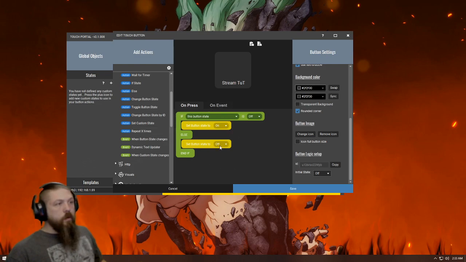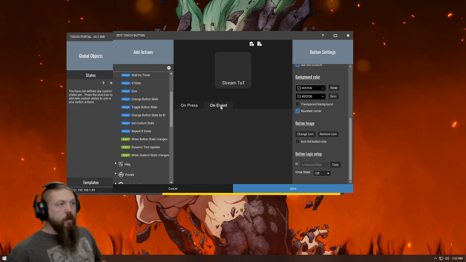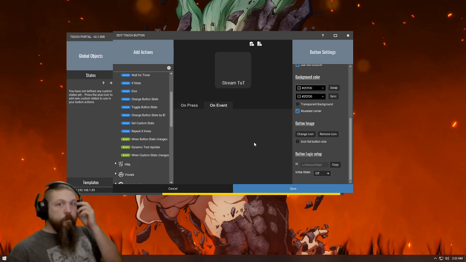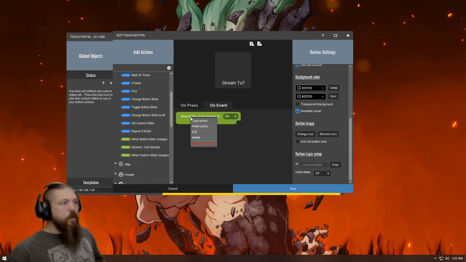Now, this is fine and dandy because yes, it is making this on press. But now you have to go over here to the event, and the event is where things start to get a little on the tricky side. Because this is where you tell the system what you want it to do. So when button state changes to on,